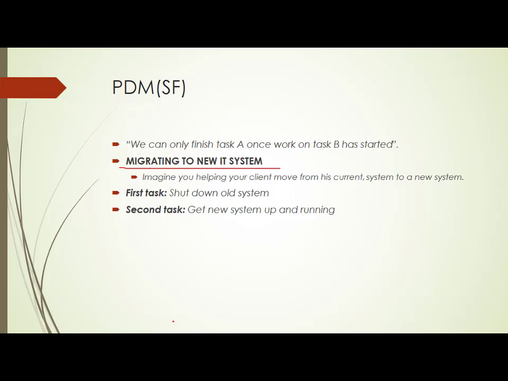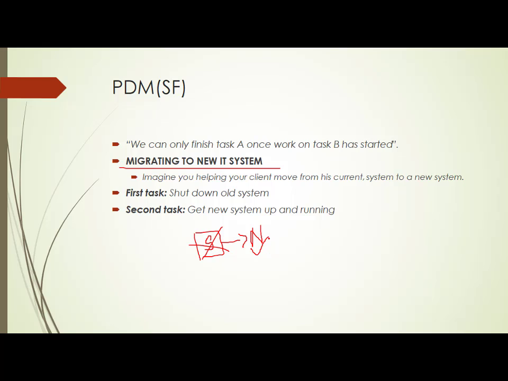Now your customer had a problem in the current system. He was using some old automation system, and he had a problem in that current system. You redesigned that entire system. So you had an old system, and from the old system you are going to a new system. Now you have to implement this new system. If you want to implement it, you have to cut off the old system. After cutting off the old system, you implement the new system.